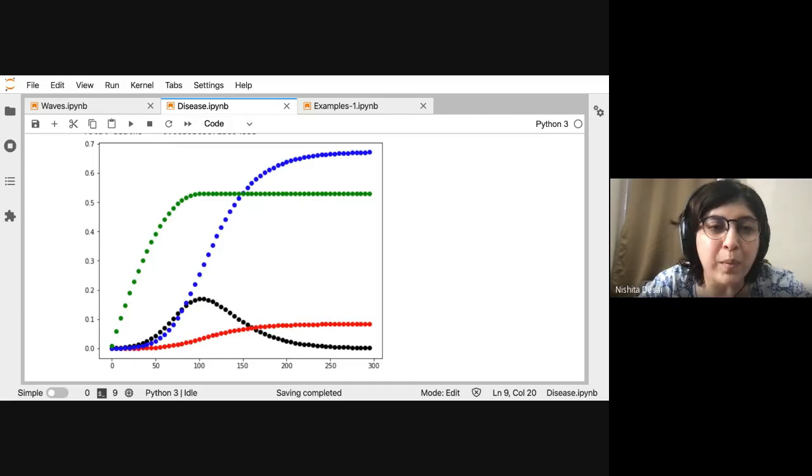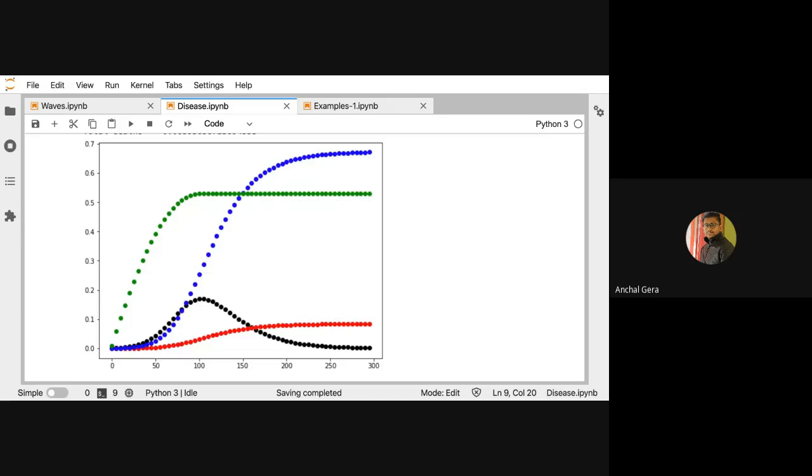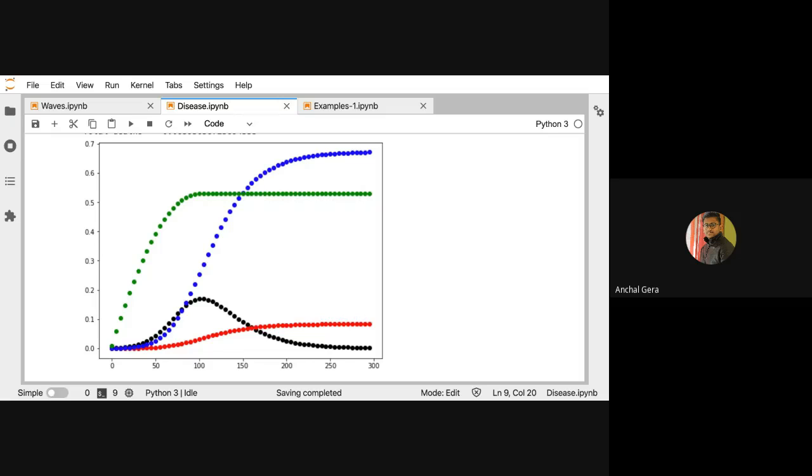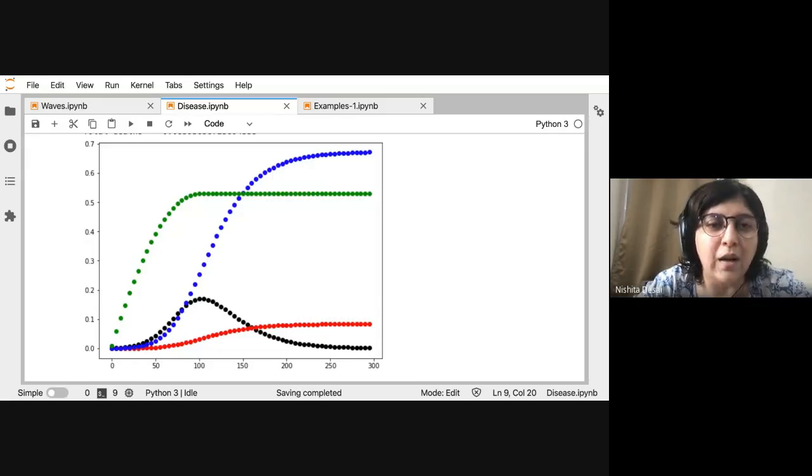But what do you mean by presenting your simulation? So we give the whole code, or we just show the graph? Depends on what you want to do. If you're talking to a politician, showing him the Python code makes no sense. Why would you show him the code? So we show the graphs. You can show the graphs, or you can say these are the numbers that we get. So it depends on where you are presenting.